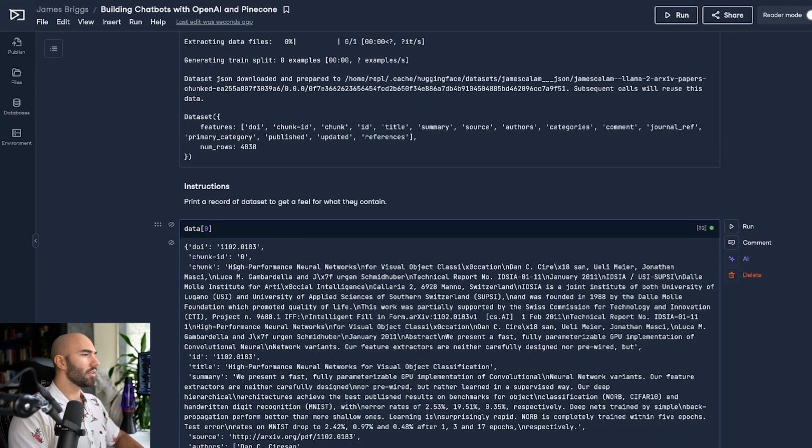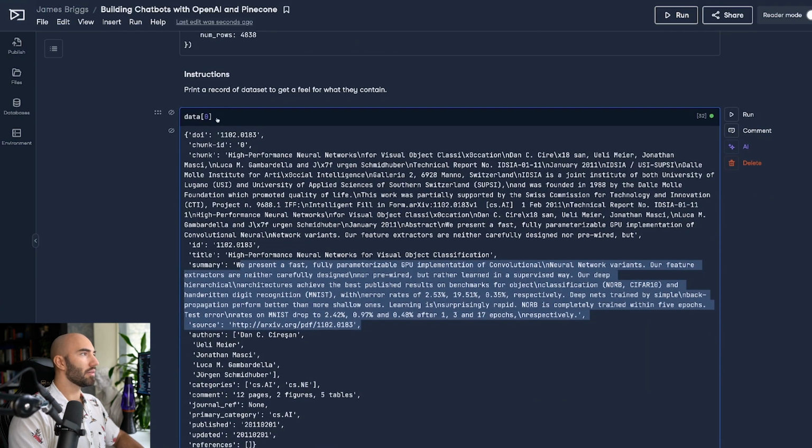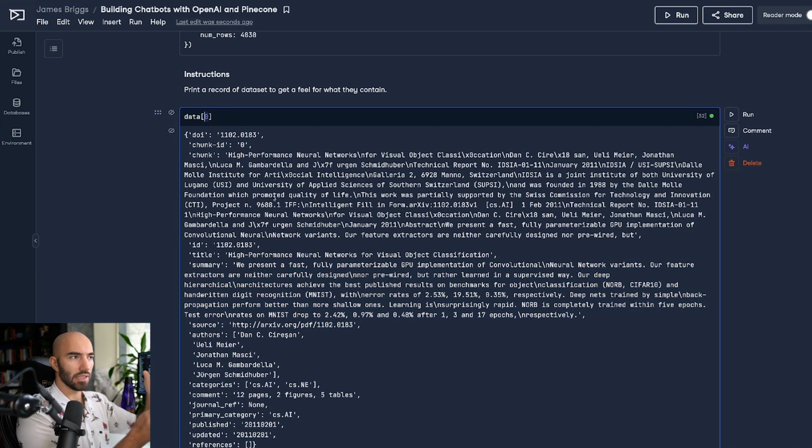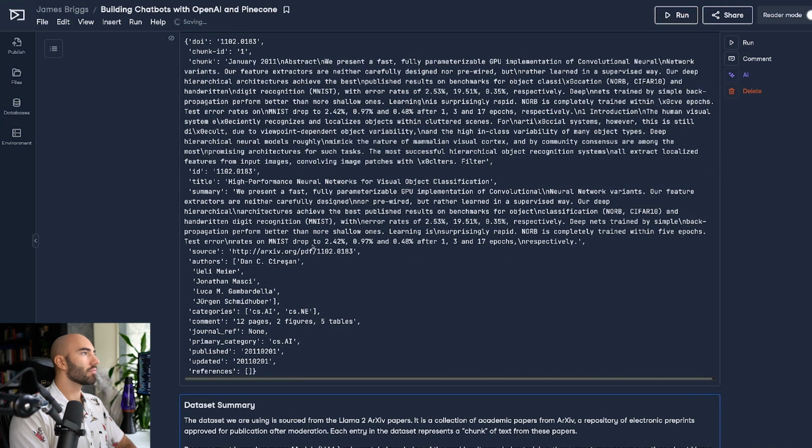We can see we have the chunk here, we have a summary of the paper, and so on. This chunk is very small, about a paragraph to two paragraphs worth of text from the paper. If we go to the next chunk, we'll see that the title of the paper stays the same, and the summary stays the same, because it's coming from the same paper.